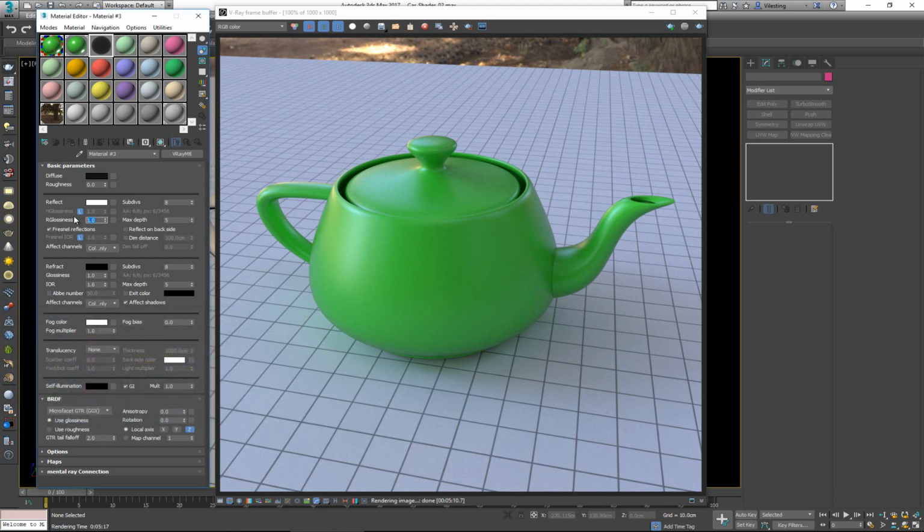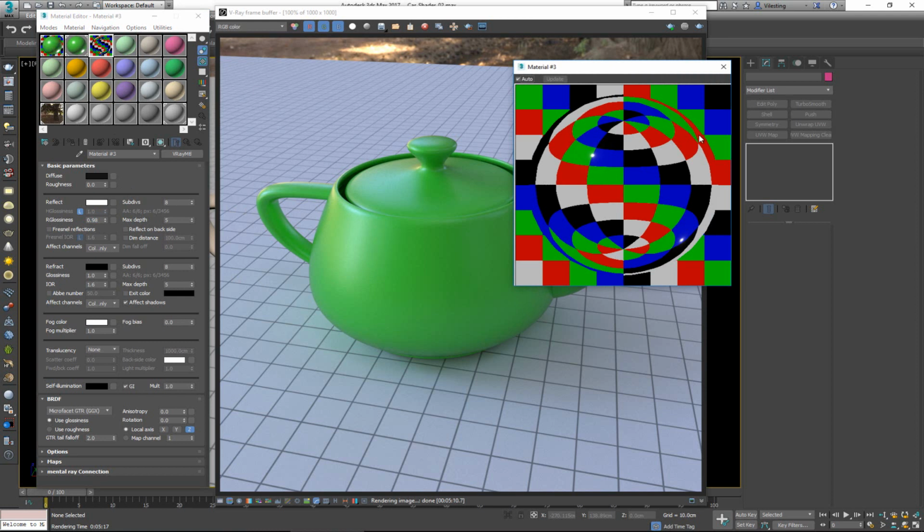And for this thing, I don't actually have too much glossiness. I actually want the opposite. So let's just give it a slight 0.95, or actually let's go up to 98 with this thing. And very important thing here is that we want to make this thing very reflective, which means we want to turn off the Fresnel reflections. So turn off the Fresnel, and this will make it a very reflective surface. If I double click on it, you're going to see that this thing is going to act out basically like